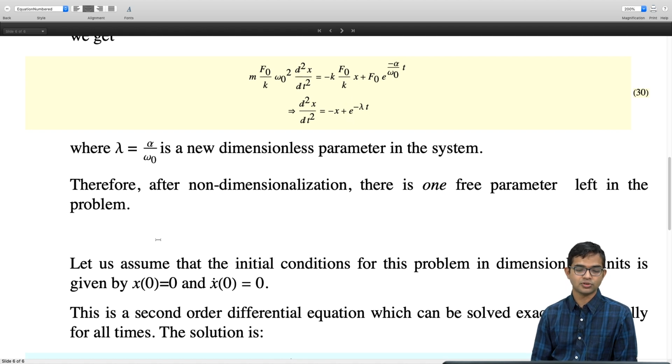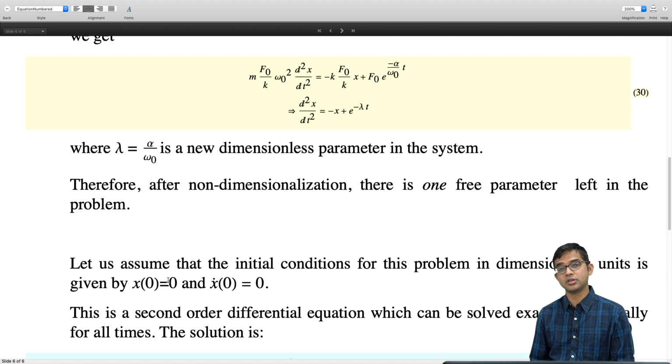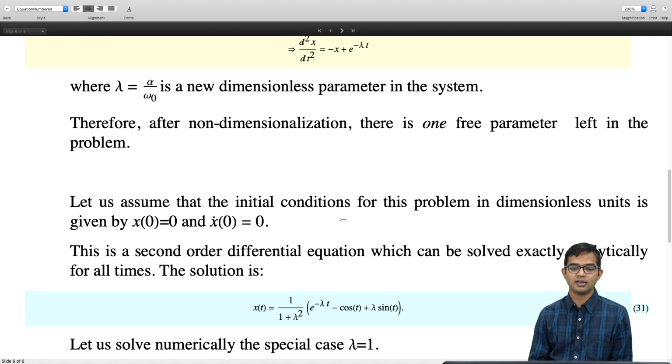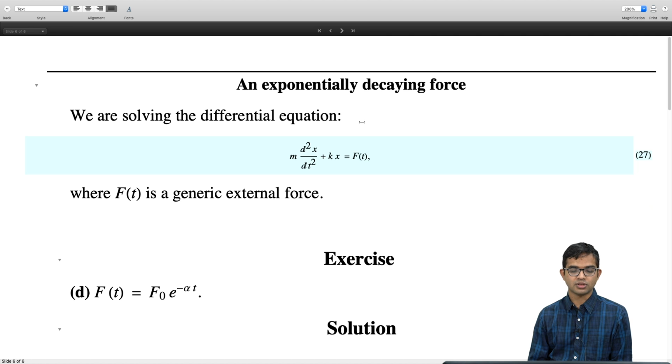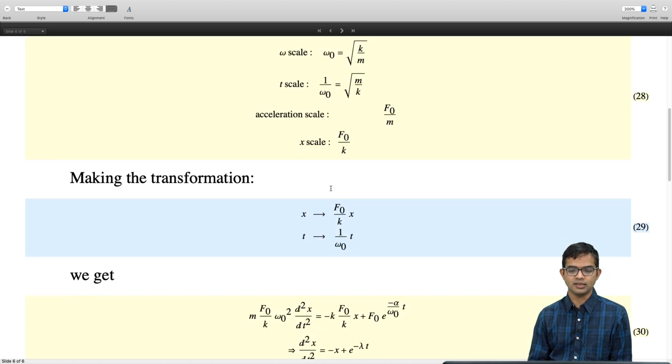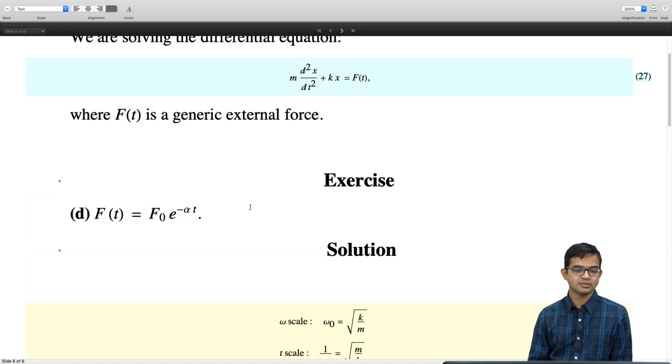By taking x of 0 to be 0, but let's say x dot of 0 is taken to have some finite velocity, maybe 1, or some number you can choose, and then you work out the solution and take that limit, and you'll see that indeed there is a connection to the original cosine t plus sine t. So it's quite nice that an exponential decay function,